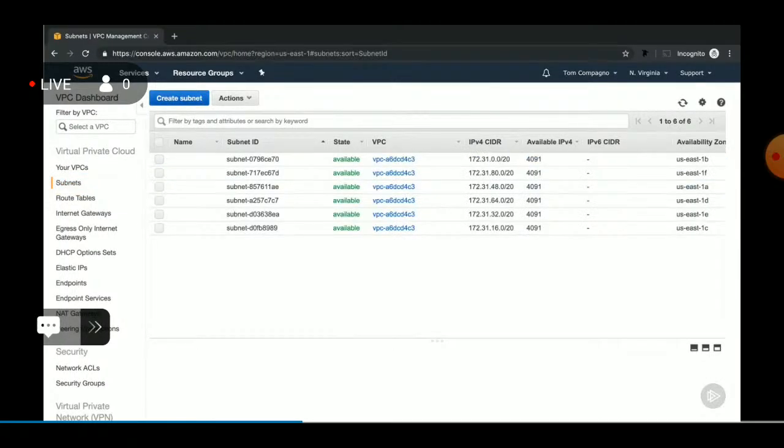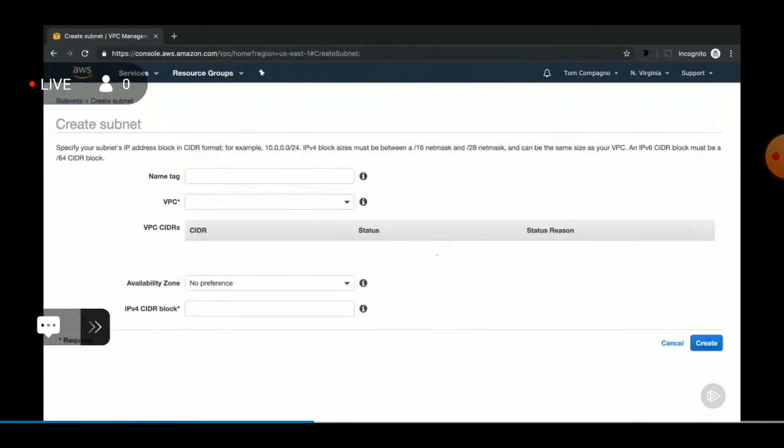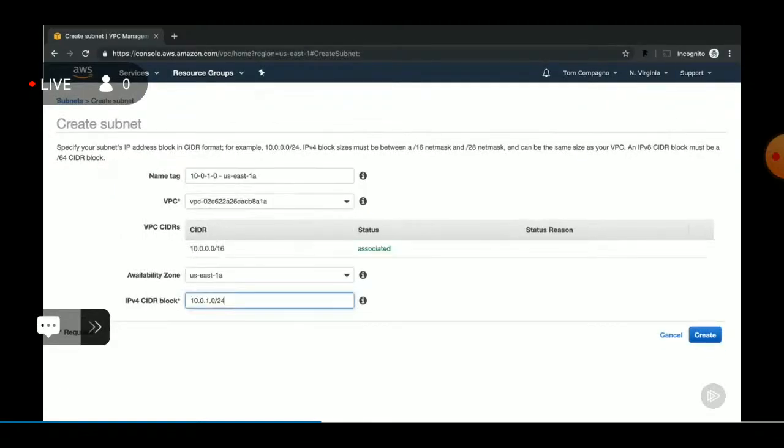Again, you may already have subnets from other VPCs. Let's create our first subnet by clicking Create Subnet here. Let's start by building our public subnet. We'll name it something that helps us remember the subnet details. For this example, we will name it with the CIDR block range and availability zone that we will see below. Don't forget to choose our new VPC we just created. It should be in the drop-down list. Choose the correct availability zone to match your name and enter the CIDR block of